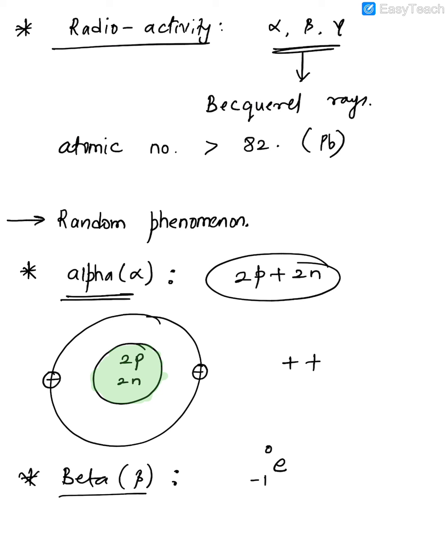And what are gamma radiations? You've studied a little about it in the spectrum chapter: they are basically electromagnetic waves, just like UV rays and X rays. Now, to discuss more about it, I'll present one table which is also given in your textbook.